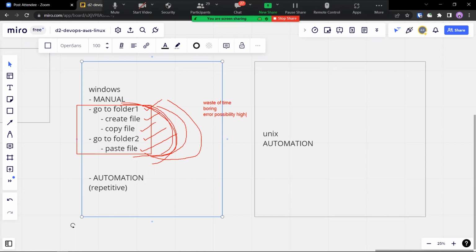Or you get overconfident. This is very easy, I can do it. That's easy. There's nothing really complicated about copying a file and pasting somewhere. But the problem is, because it's so boring, you lose sight or you're thinking about something else, and you make a mistake.